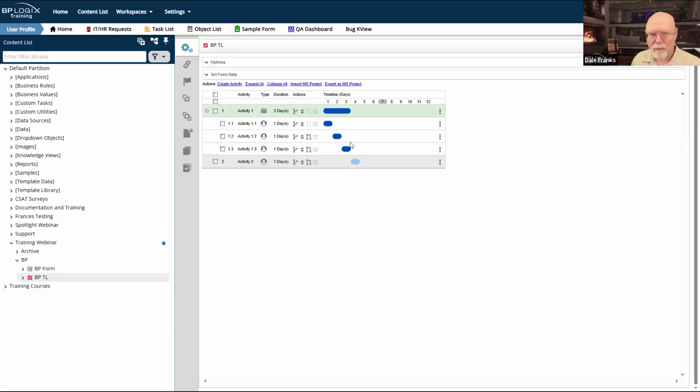Now, I do see this a lot where people set up a parent activity and then make activity two dependent on activity 1.3, and it works for them. Technically, in this particular case, there would be nothing wrong with that. I would have effectively the same critical path as I did before in terms of what the user perceives. But in reality, when you use parent activities, which you should, make the other activities dependent on the parent activities.